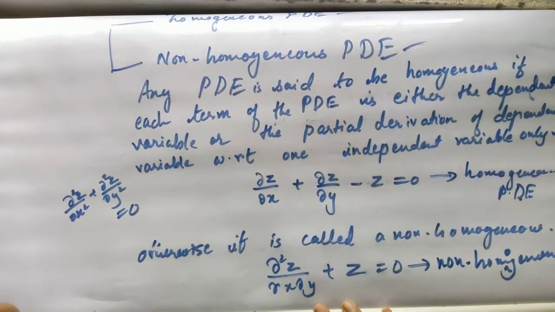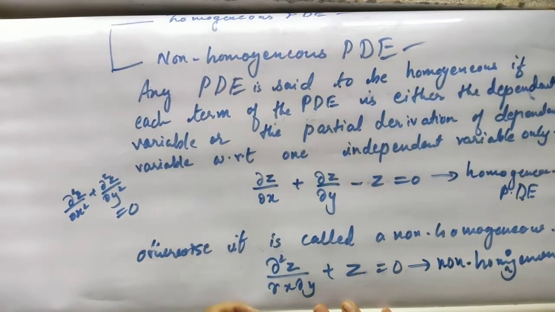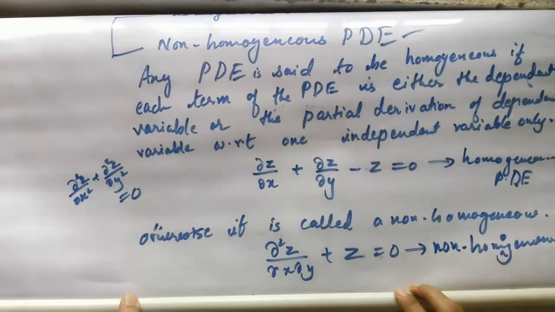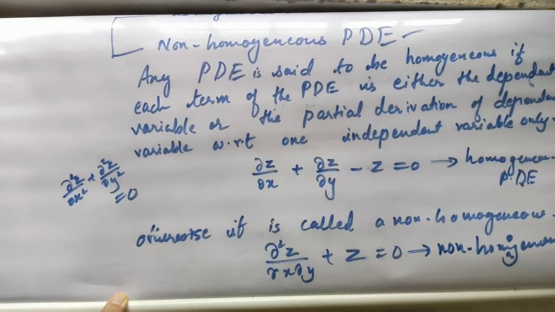Each term should be either the dependent variable or the partial derivative with respect to one single variable only, not the mixed one. Here it is a mixed one, so this is a non-homogeneous PDE, whereas this is a homogeneous PDE. I hope the homogeneous and non-homogeneous concept is clear to all of you. Now let us discuss what is a linear PDE. If the degree of the PDE is 1, then we say it's a linear partial differential